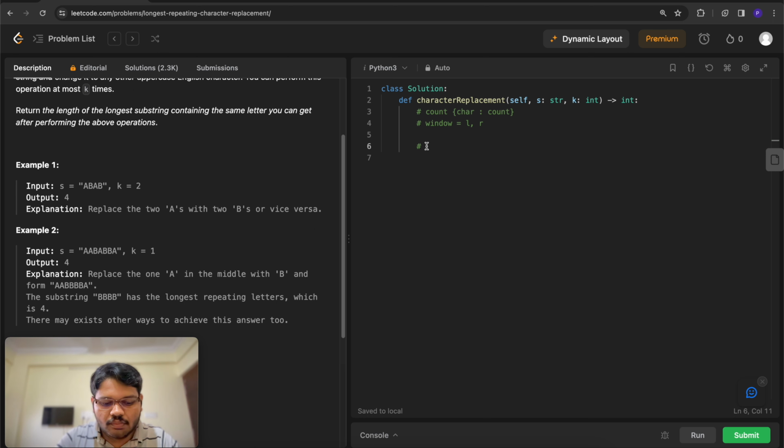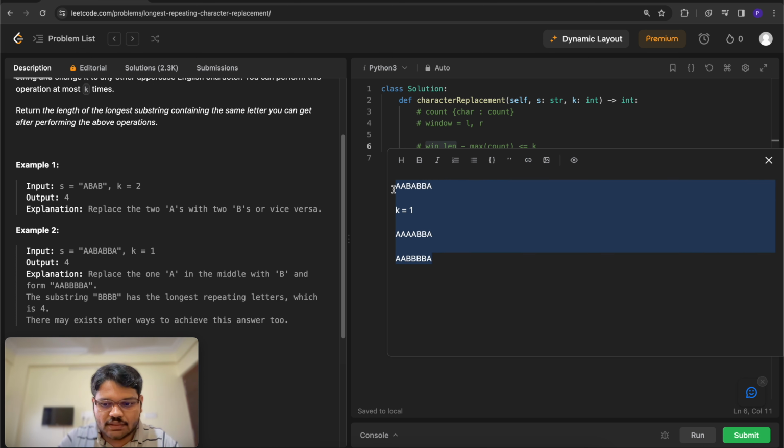So our window length, that is the length that we are going to consider, minus the max of count values should be less than or equal to k. So what this condition means is we can still replace k characters from the window to get a substring of the window's length. So what I mean is, if we have a substring, let us consider that substring as well,